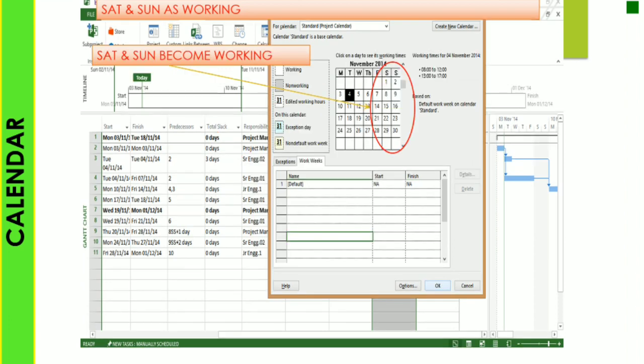Now with Saturday and Sunday as working days, you can see the white background in the calendar. White is the color for a working day. You can see the start and finish of that particular project in a white background. You can also see the working times for 4 November here. Based on this, you can send this calendar to every laborer, every project team, every project manager, or even your client. So you can select OK and display that particular calendar to your project manager.